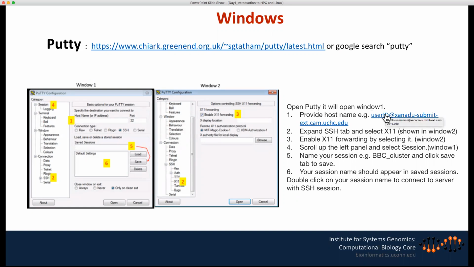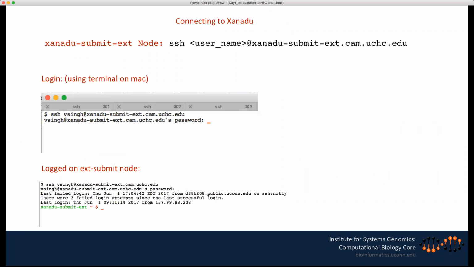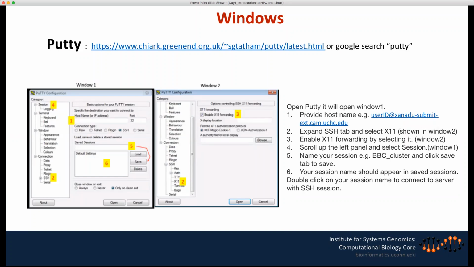So the user ID is sent to you in the email. It's going to be RedSeek user, and then there's some number. That information is in the email I have shared with you. So that's your user ID. You're going to put your user ID over here, and then you're going to say add